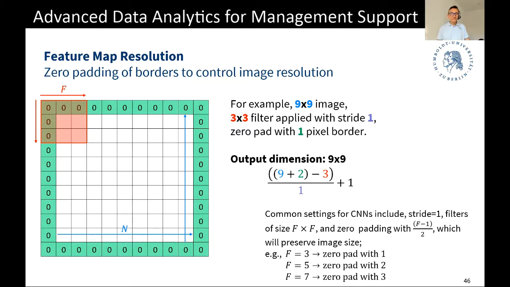And this way, you can ensure that the feature map that you compute through convolving the filters over the input volume doesn't shrink the input volume. Or maybe they do shrink the input volume, but you have full control over the resolution of the image. And that gave rise to some very common settings for these metaparameters,